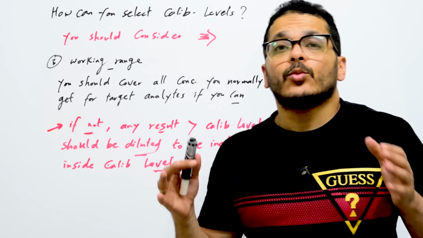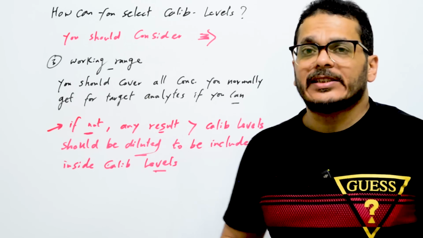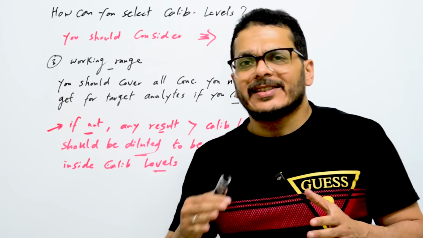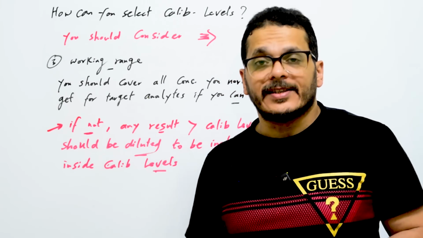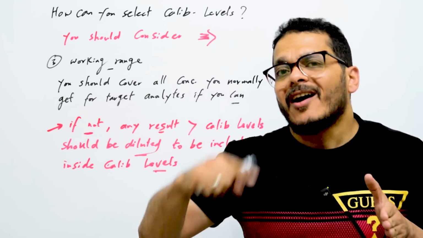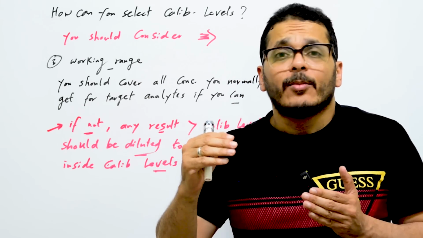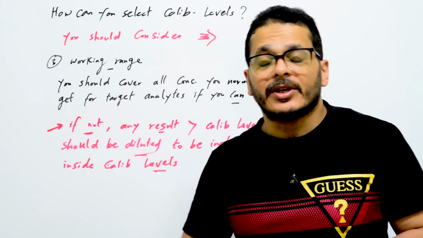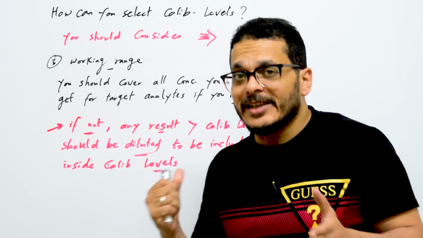The last one is the working range. You should cover all concentrations you normally get for target analytes, if you can. As an example, if you always get up to 100 microgram per kilogram for this analyte, not more than this, you should cover this range of concentrations. You should cover up to higher than 100 microgram per kilogram. But if you mostly get 500 microgram per kilogram or 1000 microgram per kilogram, and you cannot go to this level because of your instrument sensitivity, and that will be explained also,